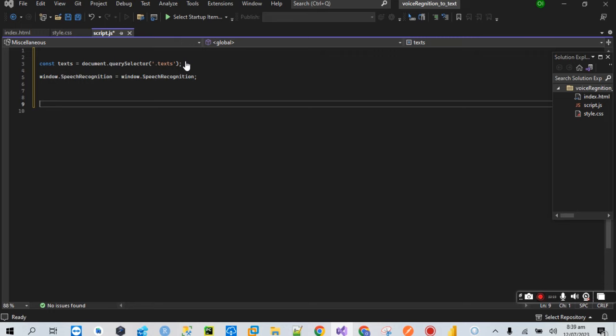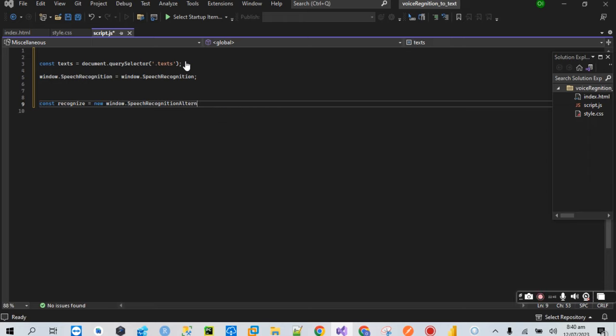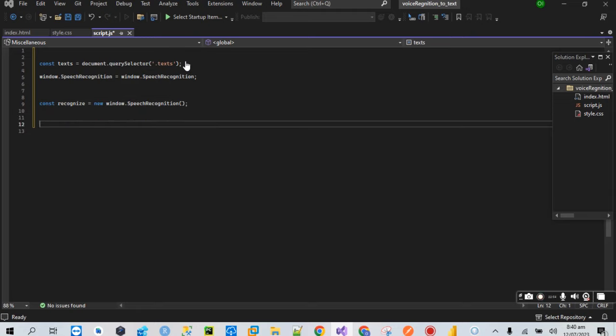Now again, let's continue and define another constant variable. We'll call it recognize, or recognition, any one. Recognize equals to, we define a new window. This new window is going to pick the speech recognition. We are using this new window, passing it, more or less like a function. That's a semicolon. Now that we have defined this recognize here, we will now use this recognition to say, okay, dot